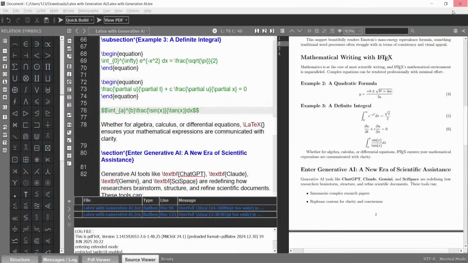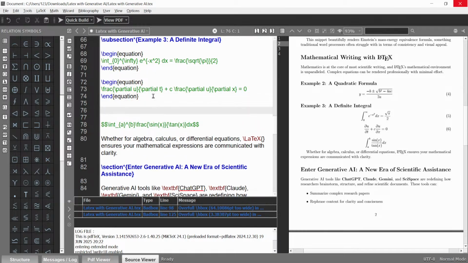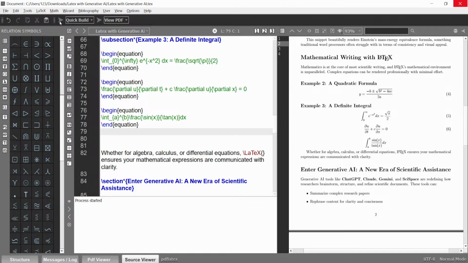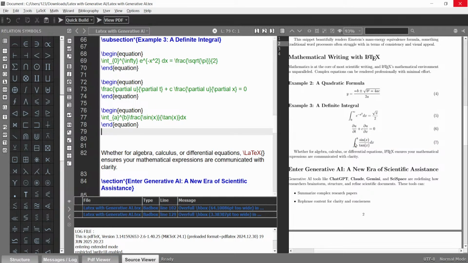Okay, and if you want this expression inside the equation, you can again use slash begin equation. Okay, you will use begin equation here, and you will copy all this content from this place, cut and paste here. Okay, and then remove this, this is the extra part. Okay, and then run from this place. You can build your file from this place, and you can see now this expression is with a number. So we need not worry about the numbers.